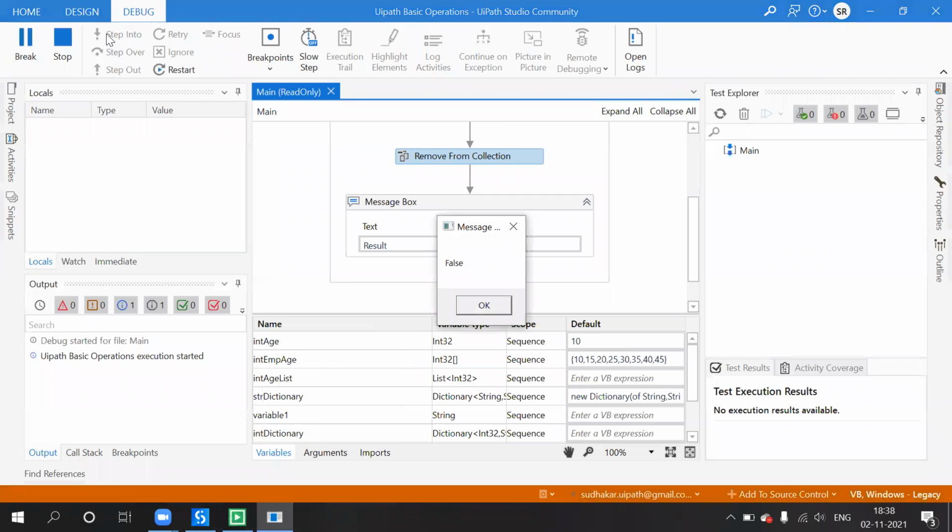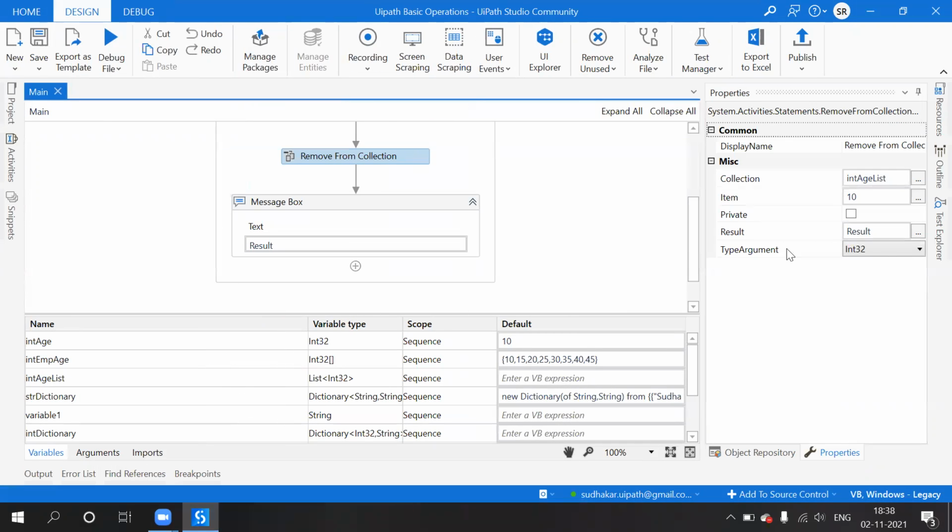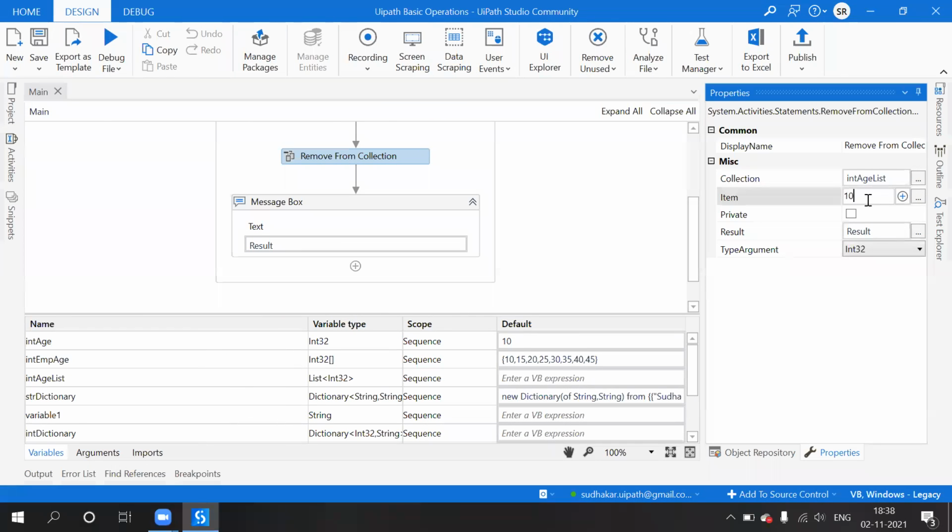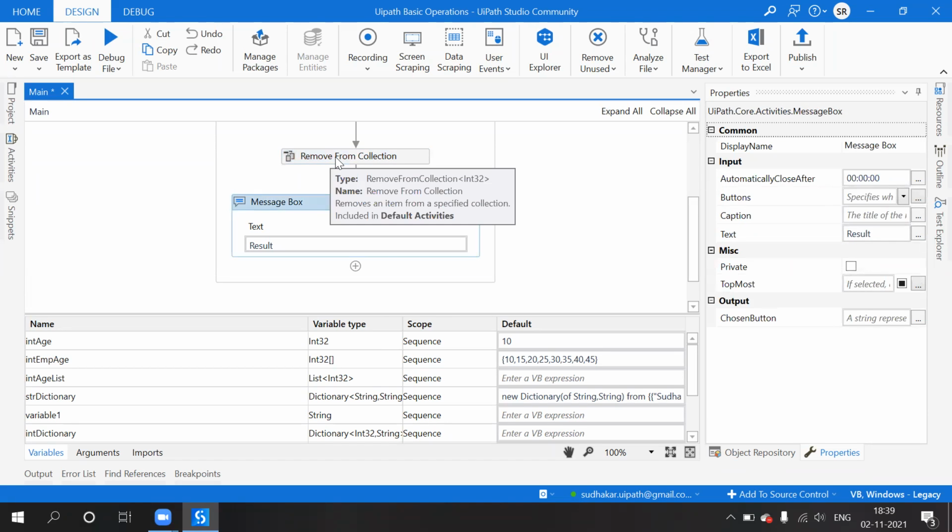So now we did not remove it, because the value we are trying to remove does not exist. So now I will give 1, and I want to check whether a value is removed from this collection. So how do you get to know that? So for that,